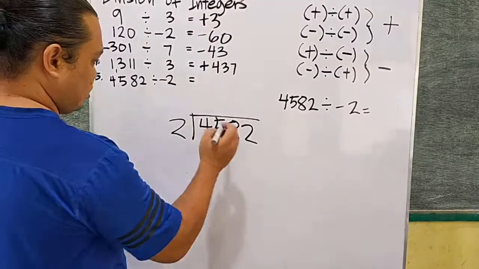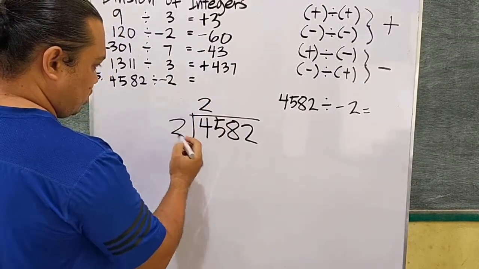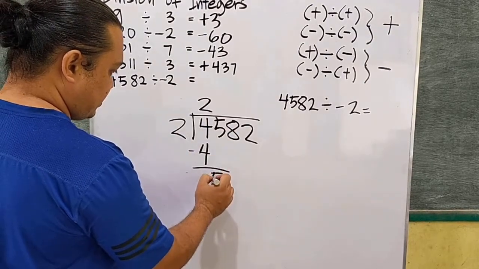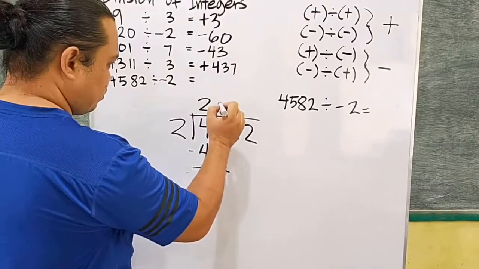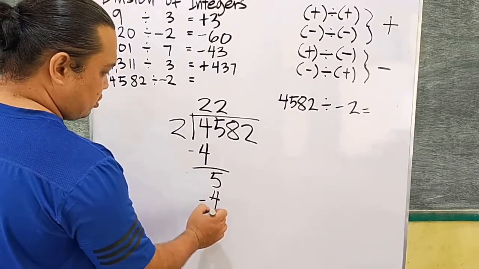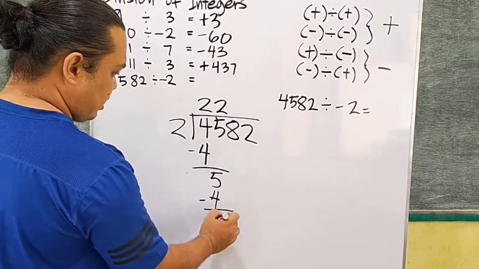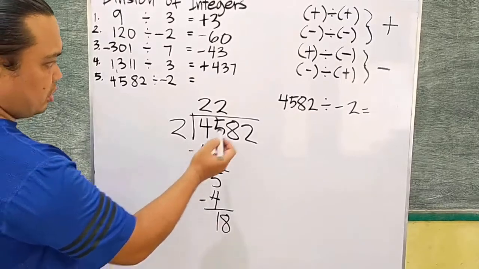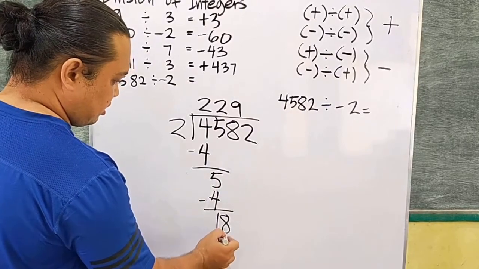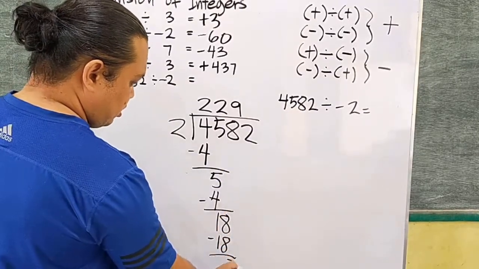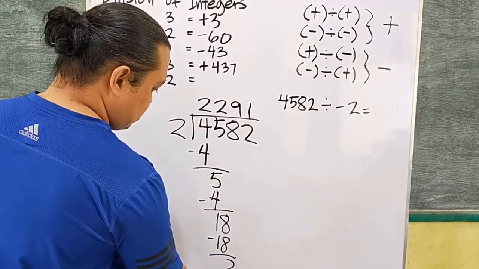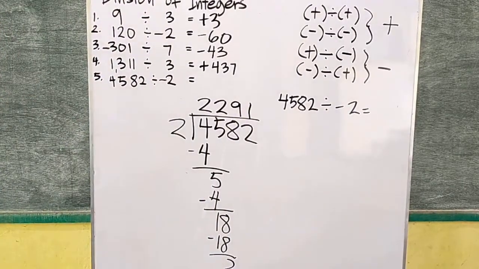4 divided by 2 is 2. And 2 times 2 is 4. Now 4 minus 4 is 0. Bring down 5. Now 5 divided by 2, we have 2. 2 times 2 is 4. Now 5 minus 4 is 1. Bring down 8. Now 18 divided by 2 is 9. 9 times 2 is 18. 18 minus 18 is 0. Bring down 2 here. Now 2 divided by 2 is 1. 1 times 2 is 2. And 2 minus 2 is 0. Okay? So our answer is